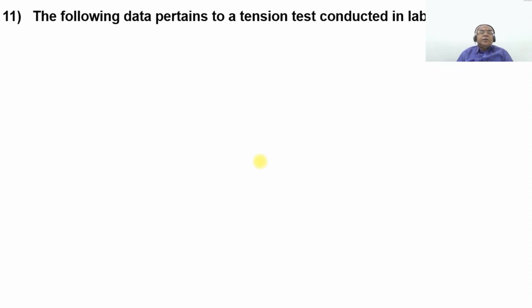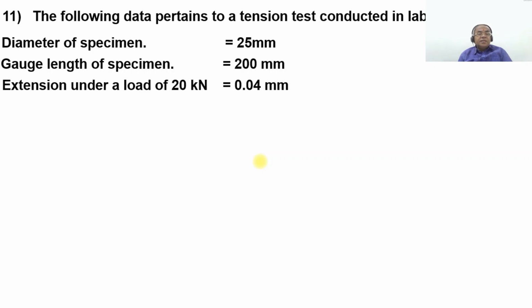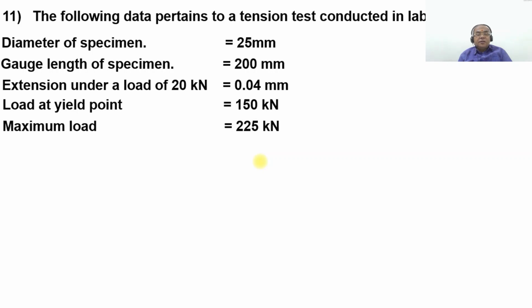Now, in this video, we are going to take up one more problem on the stress-strain relations. Problem number 11. The following data pertains to a tension test conducted in the laboratory. The diameter of the specimen is 25 mm, the gauge length of the specimen is 200 mm, the extension under a load of 20 kN is 0.04 mm, the load at yield point is 150 kN, the maximum load is 225 kN, and the